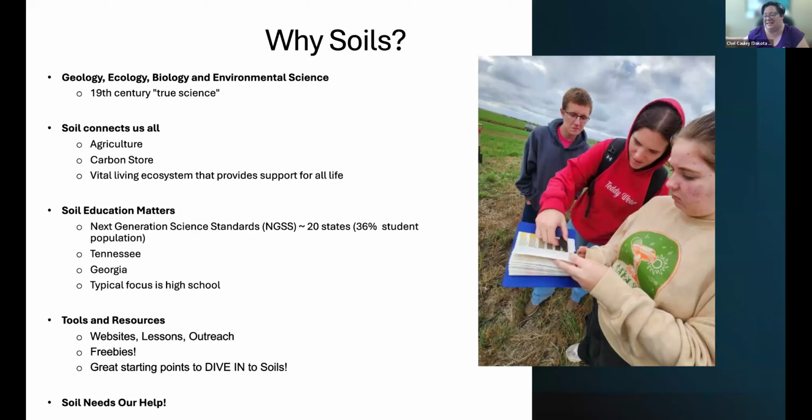So everything we eat at one point has a connection to the ground, whether that's the meat we are eating, which used to eat something from the ground, or any other item we're eating that grew out of the ground. Soil is also the world's largest carbon store. So when we're talking about elements in geology, it is the world's largest carbon store, larger than trees. It holds more carbon, and so it needs to be treated well and respected, and we need to do great things for our soil. It's a vital living ecosystem, and it's supporting all of us here.